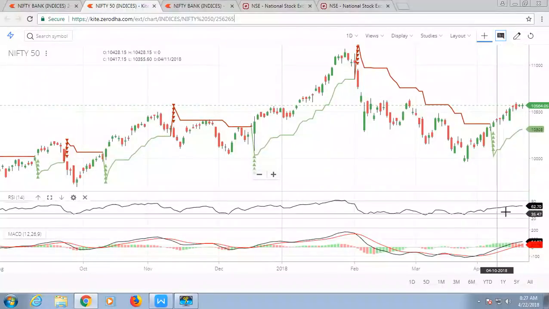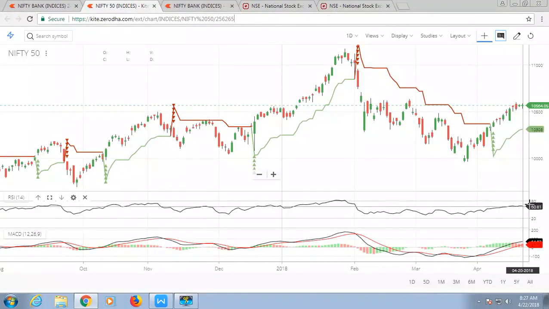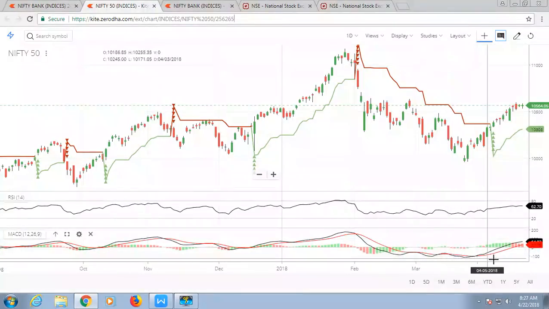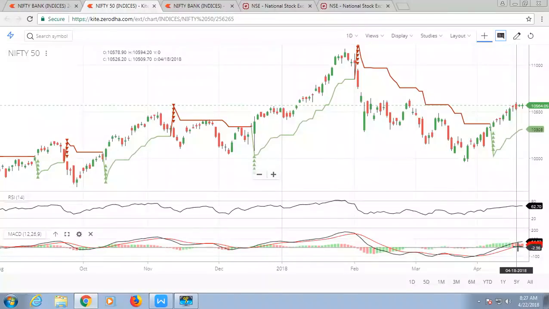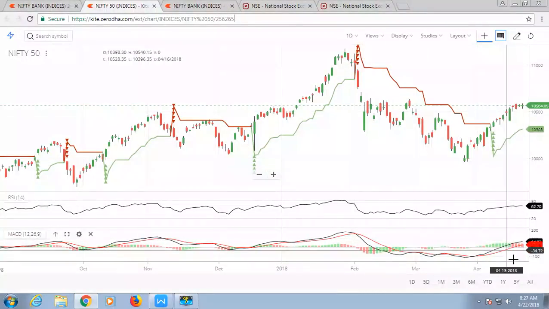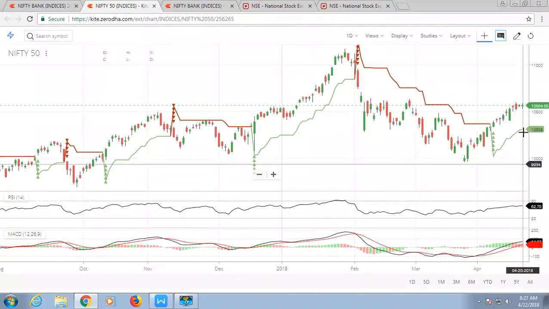Graph is showing this. Now check the RSI, which is at 62. If you can see here, it is a little bit bullish. And now see the MACD line. This red line is the MACD signal line, and this one is the MACD line. If the MACD line crosses above the signal line, then it is a bullish trend. So you can see here the MACD line is above the signal line, so we can say MACD is showing a bullish trend.